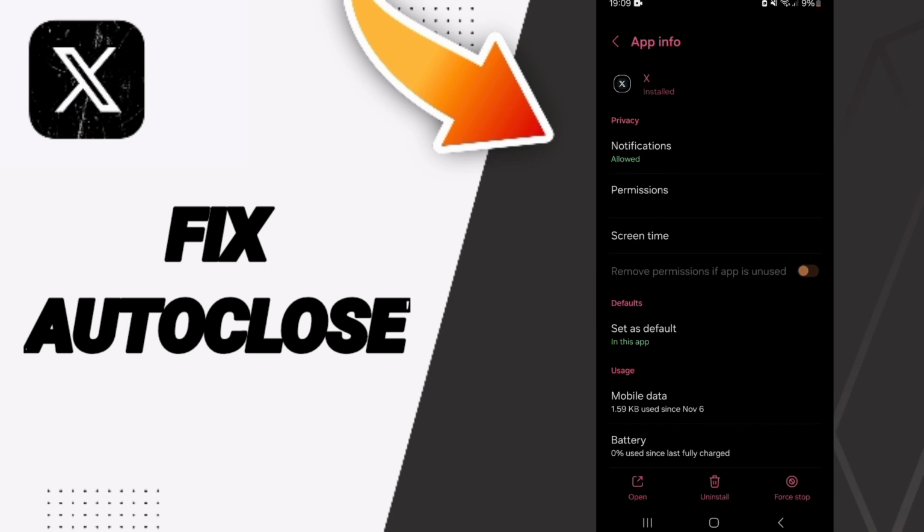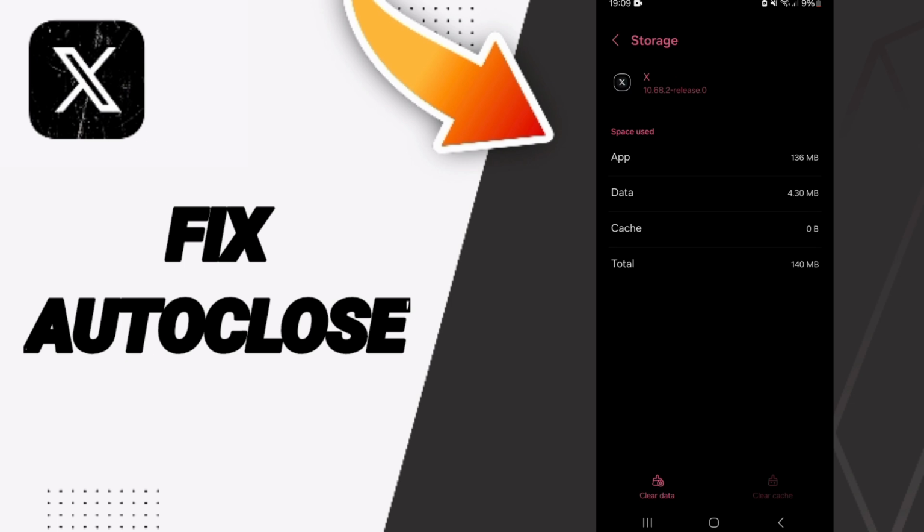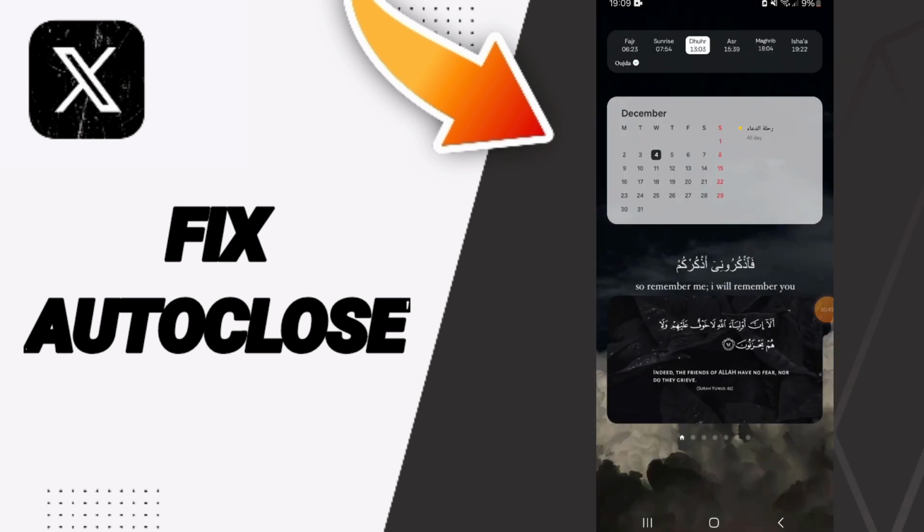Then in this page of app info you will click on first stop and you will click OK. Here you will enter the window of storage. Then you will click on clear cache. But pay attention, don't click clear data because that can delete your account. In the end you can turn off your phone and wait a moment to restart your phone again